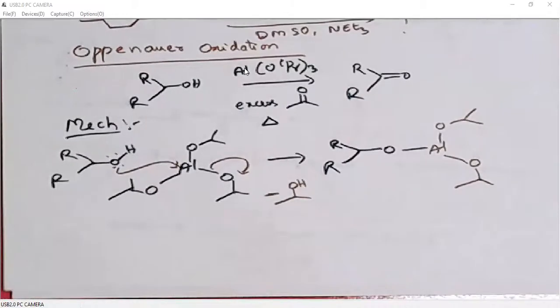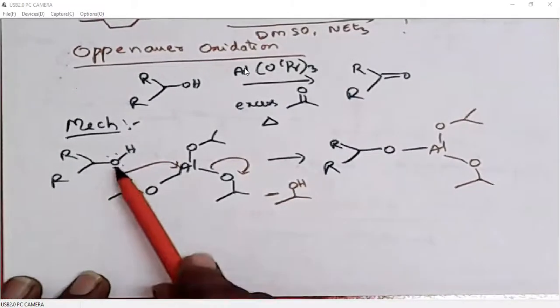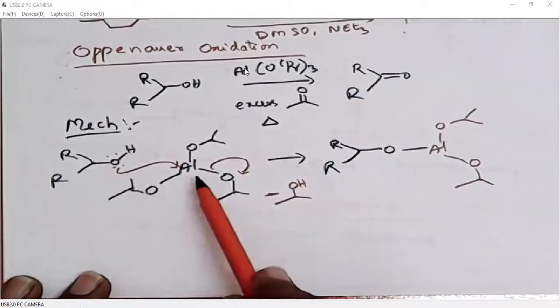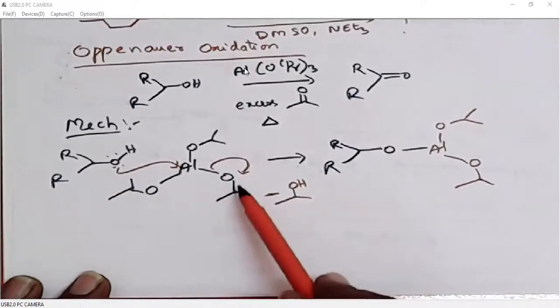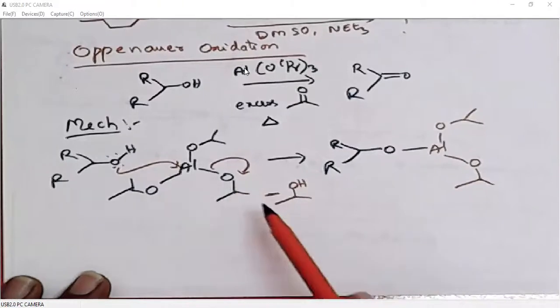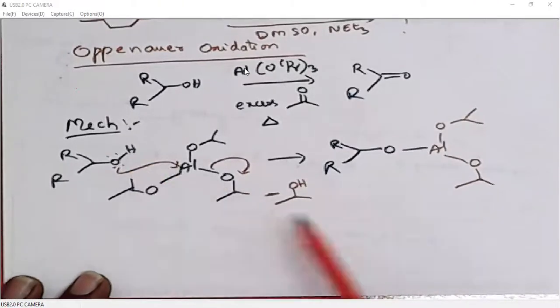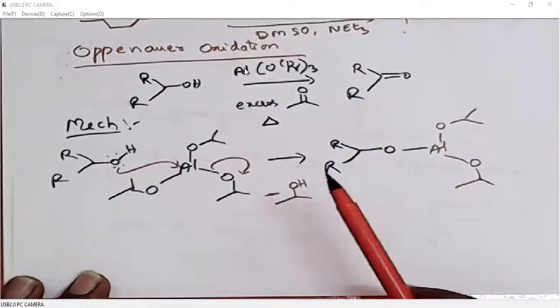So first step itself is the addition of alcohol onto aluminum. One of the aluminum isopropoxide units will be leaving, so this will pick up this proton, and isopropanol will be leaving. Then when we add acetone